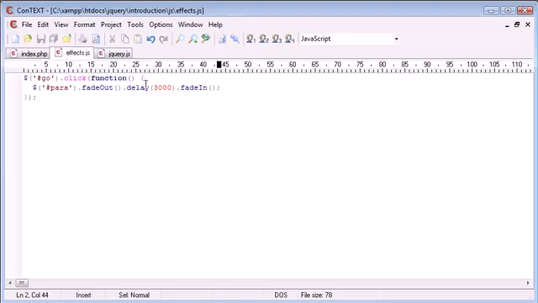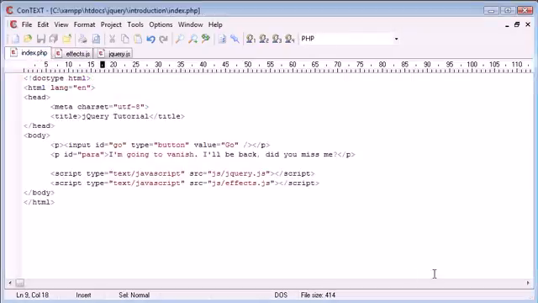So like I said, this delay function can be used with a variety of other functions and effects, and essentially just pauses in between animation effects in jQuery. So it's extremely useful when you want to perhaps delay the execution while some more text or some additional text goes into a paragraph, for example. If you were retrieving data from a database table and you wanted to fade the paragraph or a div or a span out, then put some additional data into this paragraph or span or div, and then fade back in, you might want